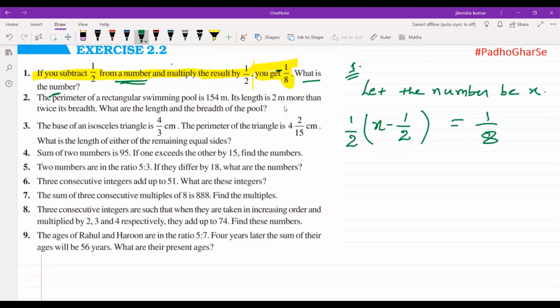So x is equal to 3 by 4. X is equal to 3 by 2? No, sir, 3 by 4. Yes, sir. Okay, let others try too. So Ansa and Vikas, have you got the answer? Please give me an answer. 3 by 4. And Vikas?